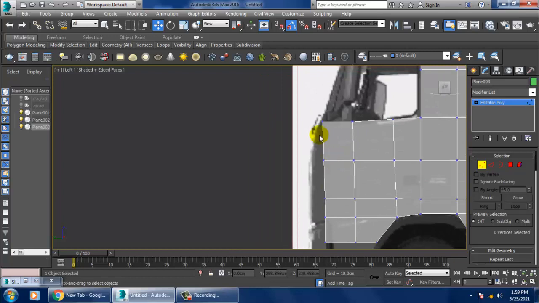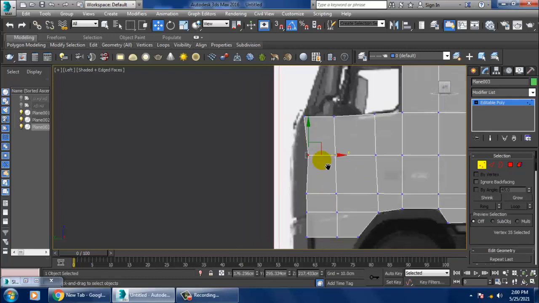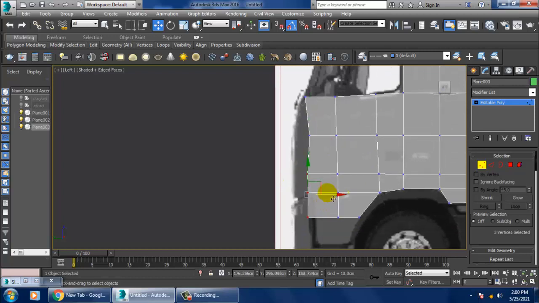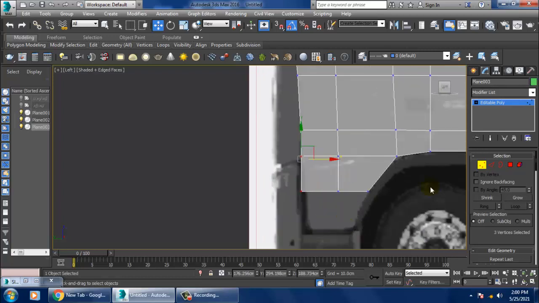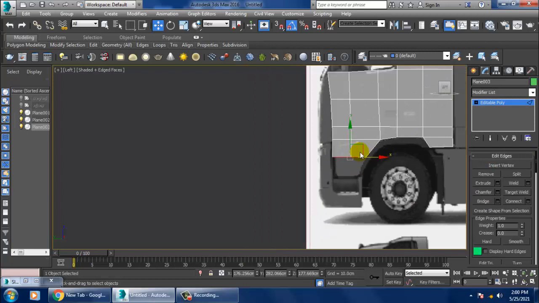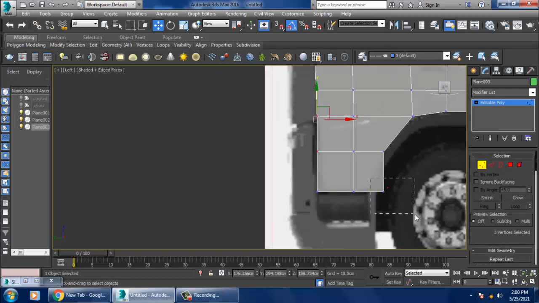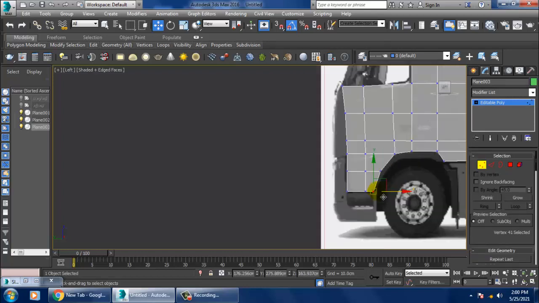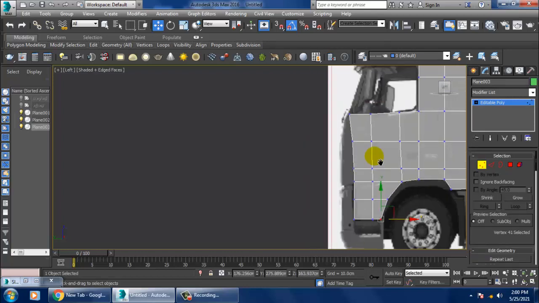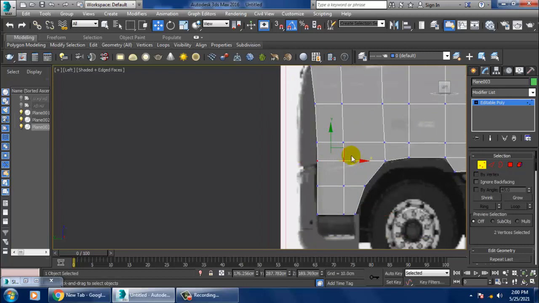I'll slightly adjust this in this way. Again extrude it down over here. Okay, much better. So I think we'll be definitely doing this details